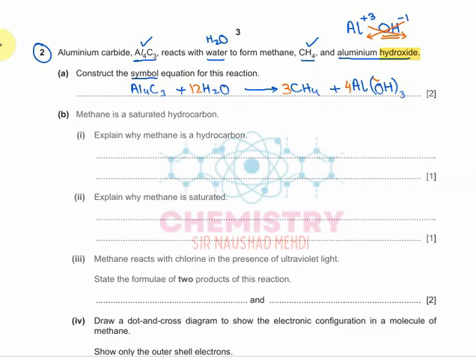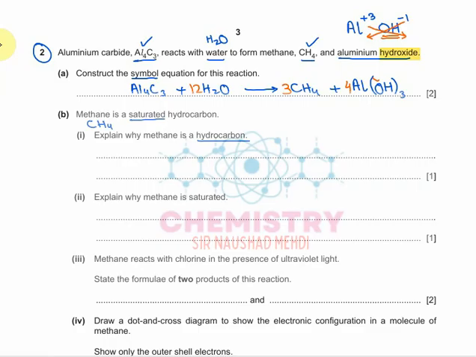Alright, so now in the next question it is saying that methane is a saturated hydrocarbon. Explain why methane is a hydrocarbon. So you all know that the formula for methane is CH4. So why are we calling methane a hydrocarbon? Because